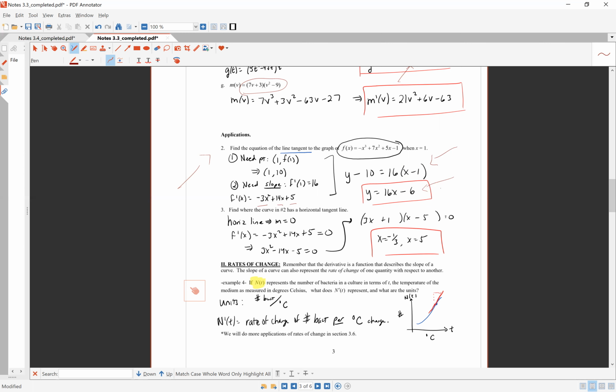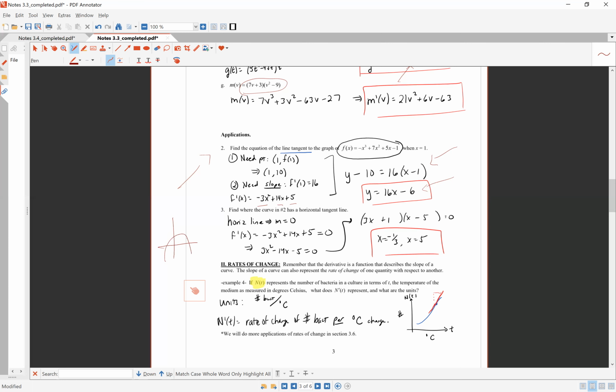So here, number 3 is something we're actually going to be doing a lot. Find where the curve in problem number 2, that same function, minus x cubed plus 7x squared plus 5x minus 1, has a horizontal tangent line. In other words, it has a horizontal tangent line in a couple of places. One place is where it potentially changes direction. There's another time where there's a point of inflection, but